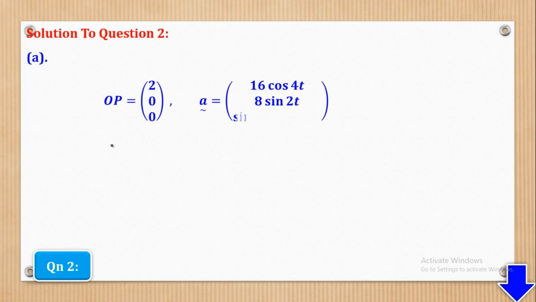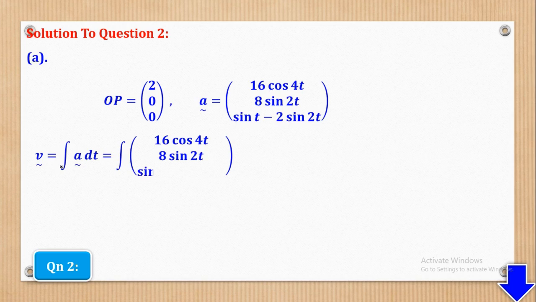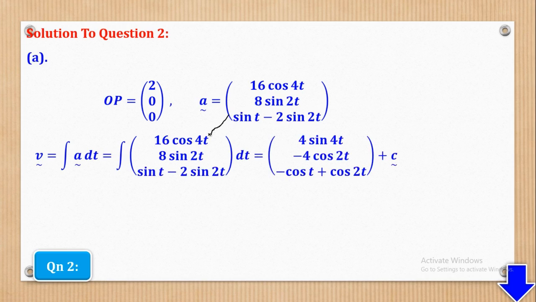So first of all, this is the information given. Initial position is 200 and acceleration is 16 cos 4t, 8 sin 2t and sin t minus 2 sin 2t. So for you to get velocity, I have to integrate acceleration. So I'm going to integrate the whole of this, and when I integrate, I'll come up with, for example, 16